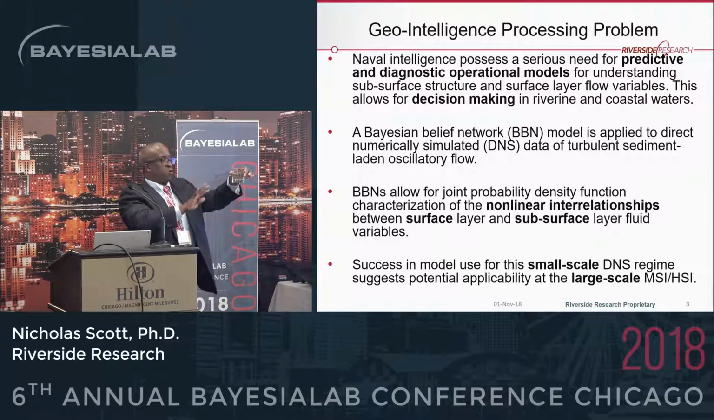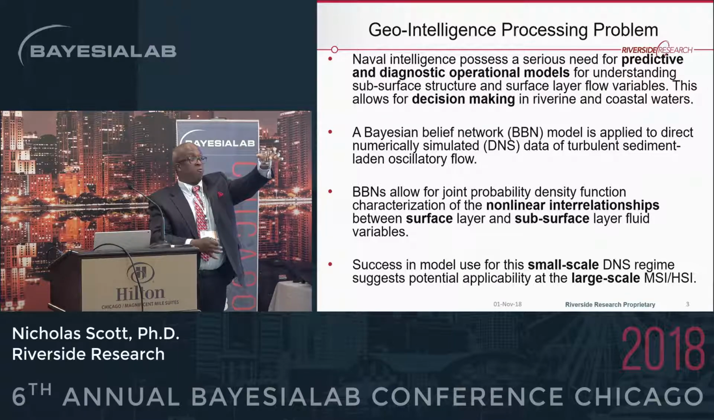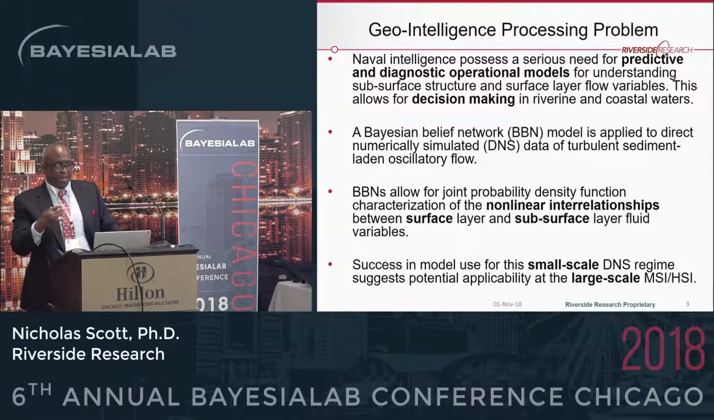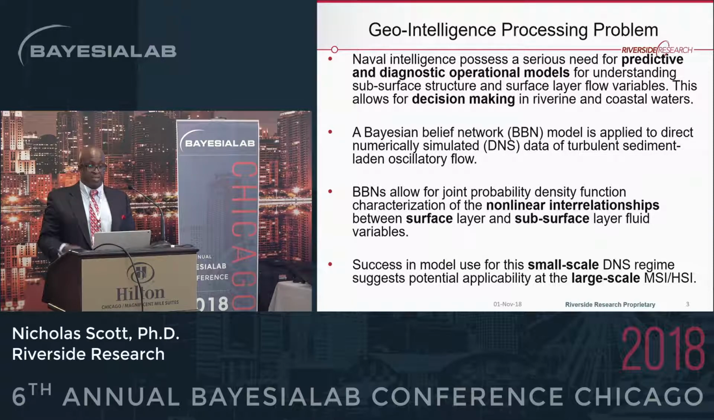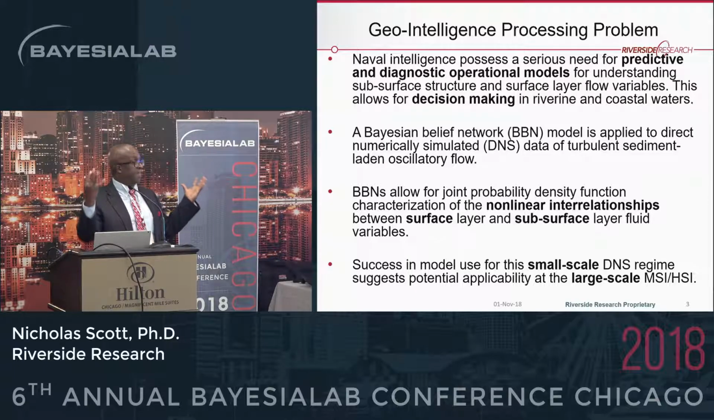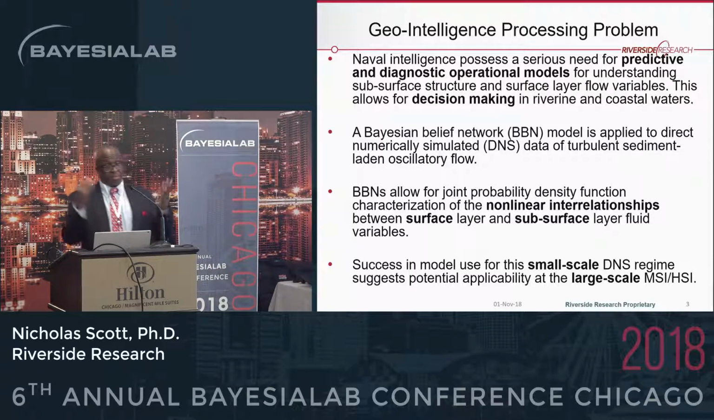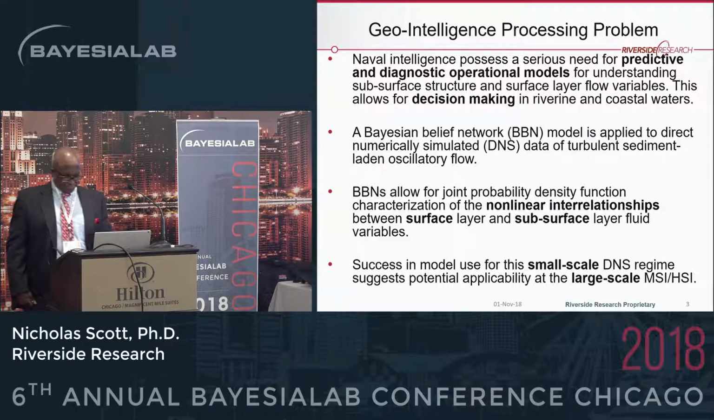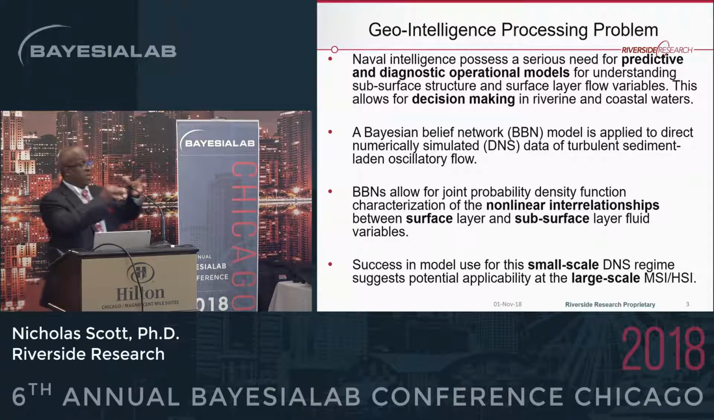So this work can be reduced to this cup of water. How does what you see on the surface of the water relate to what you see below it? The Bayesian belief networks allow for joint probability density function characterization of the nonlinear interrelationships in the fluid. Turbulence is very, very nonlinear, just like your stock markets and all your crazy consumer dynamics that people have been looking at. Success in model use for this small scale DNS range,